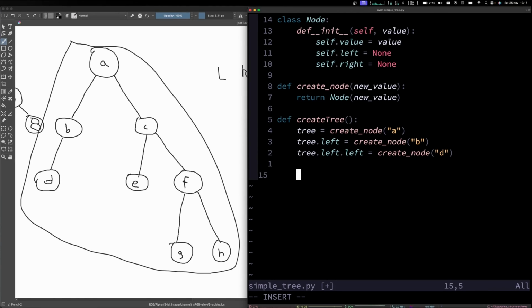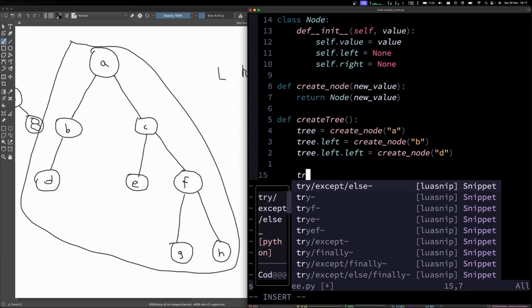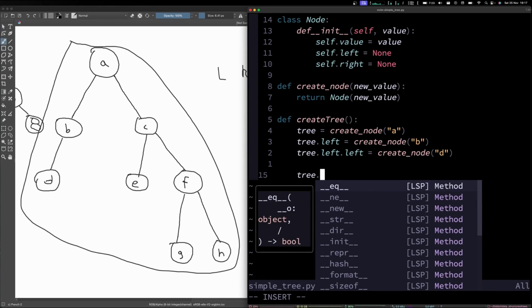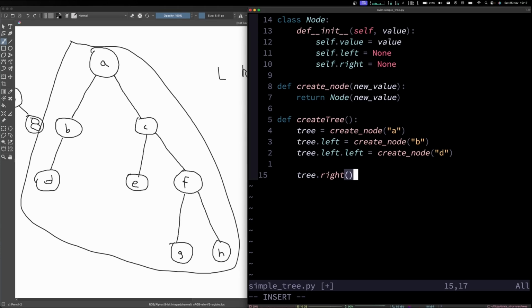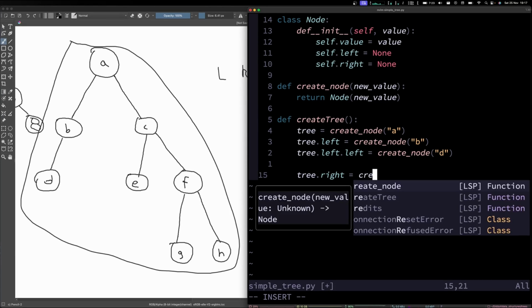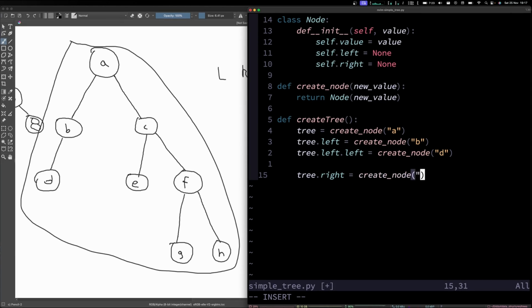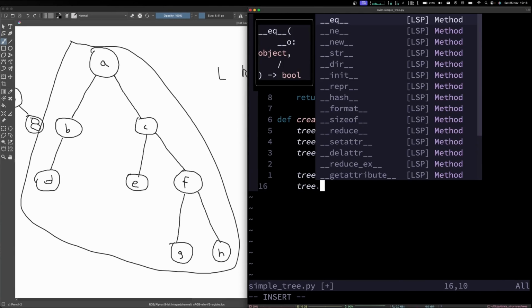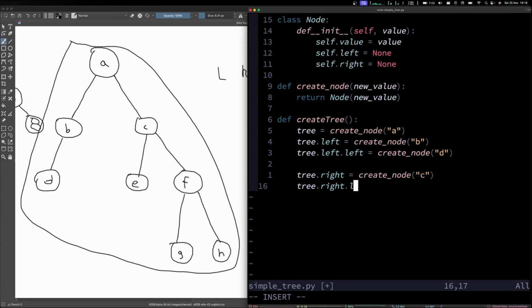Now we can do the right hand side, which will be tree.right, and create node. Put the value C. Then tree.right.left, create node, E. Again, I'm going tree.right, left, so that's E. And now let's do F, which will be